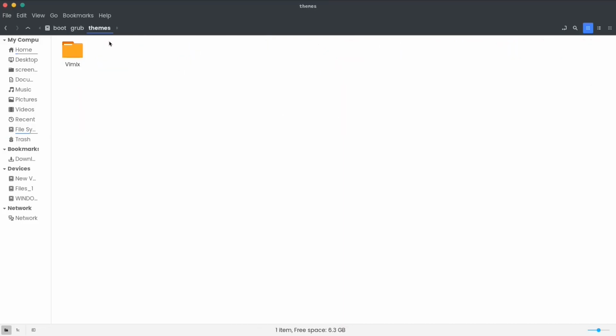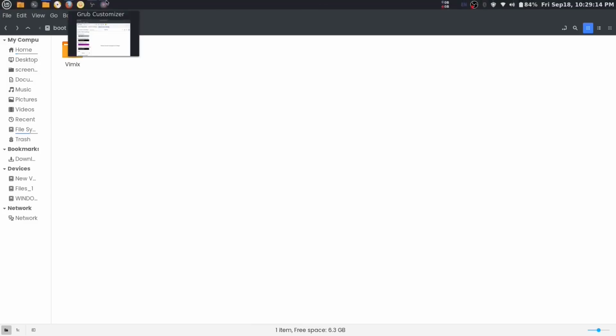If this themes folder doesn't exist there, create it. And here I have pasted this vimix folder that we extracted from the .tar.xz file.